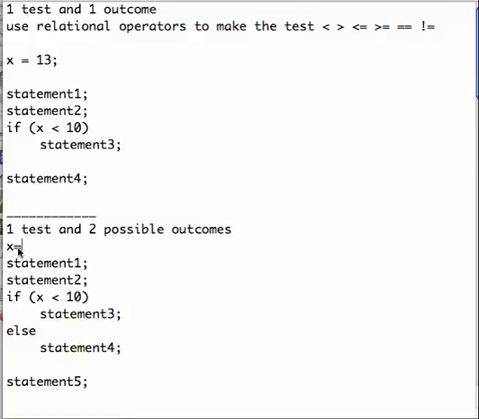equal to 3 again. I do statement 1, I do statement 2. Is 3 less than 10? Yes, it is. I do statement 3, I don't do statement 4, I fall through and I do statement 5. Now, if I make x 13,